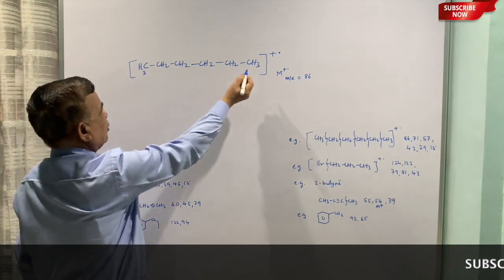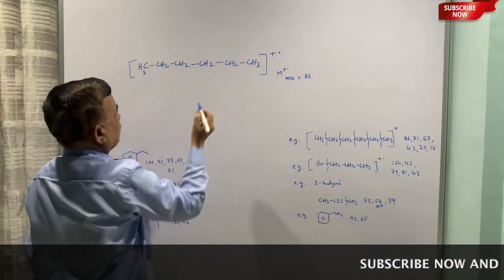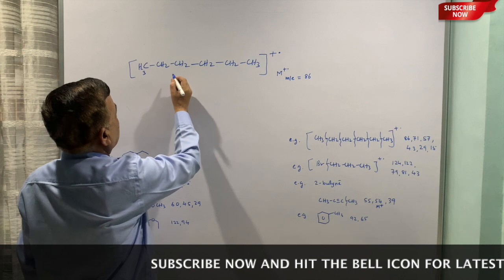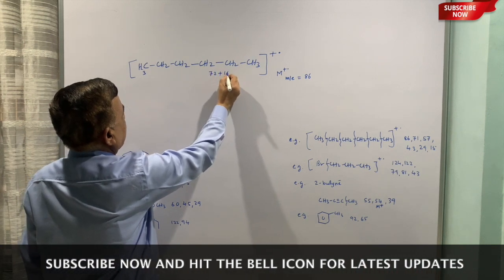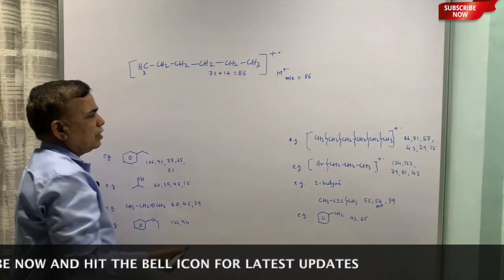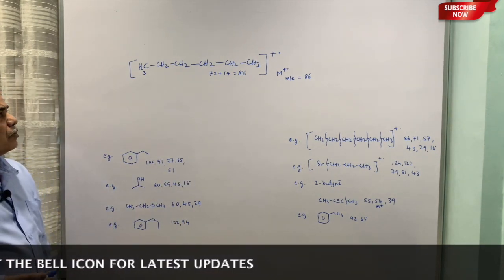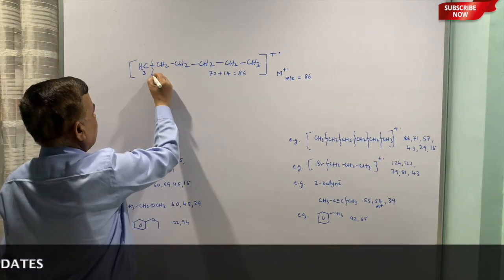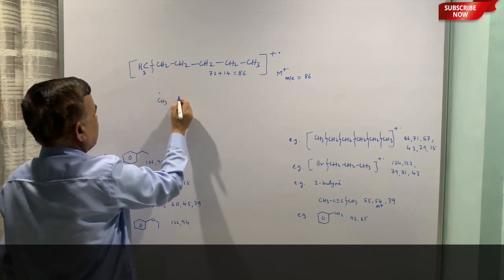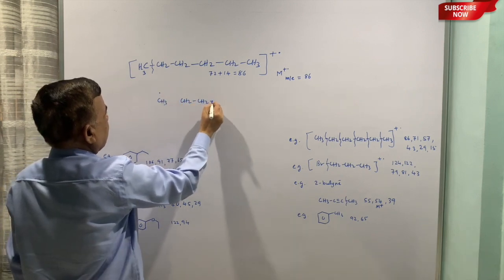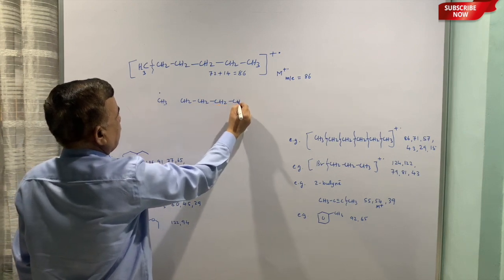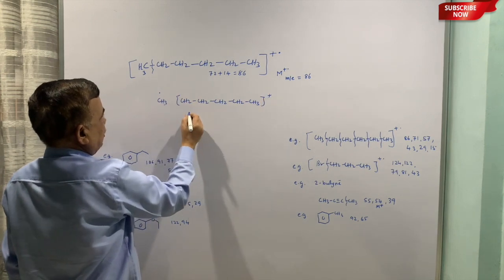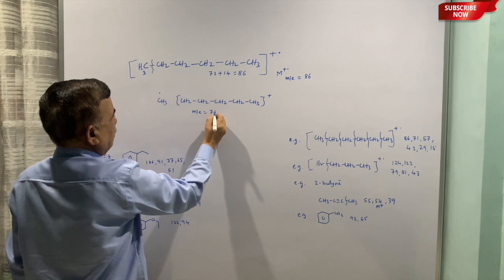So, 72 is the atomic mass of carbon plus the atomic mass of hydrogen. So, 72 plus 14, that is 86, just a summation of the atomic masses of carbon and hydrogen. 86 is this first peak, then the second can be shown like this. So, loss of this, and then automatically when I show radical there, the other part has to be positive. So, we will put positive here. So, this is m/z equal to 71.